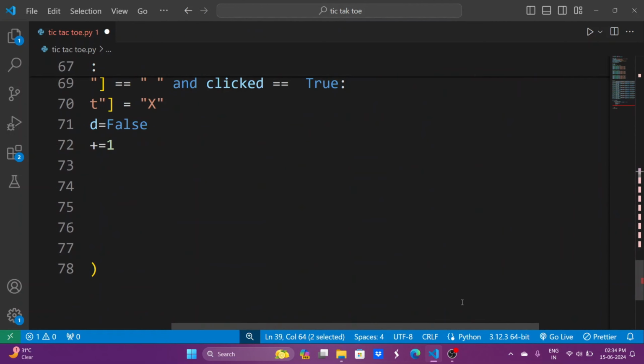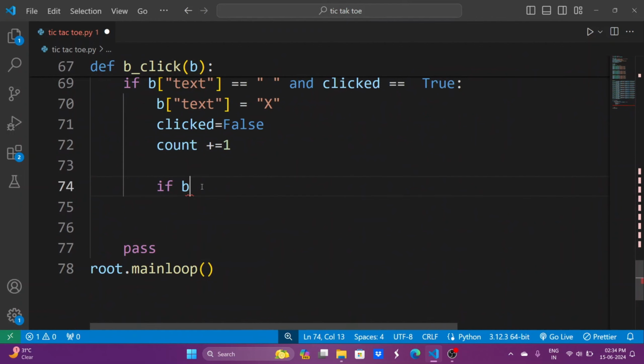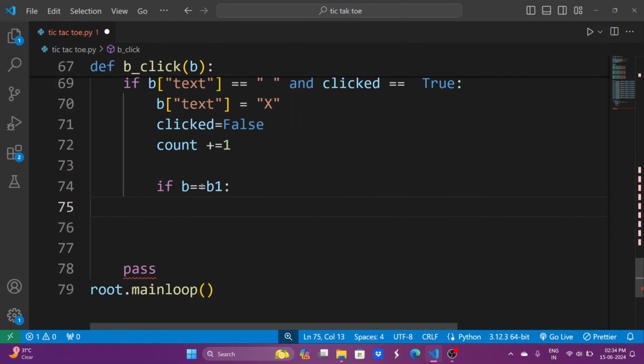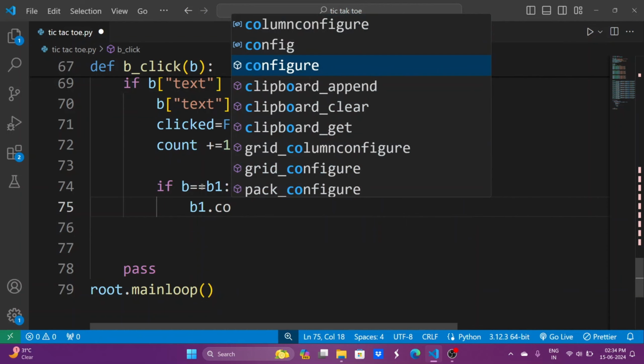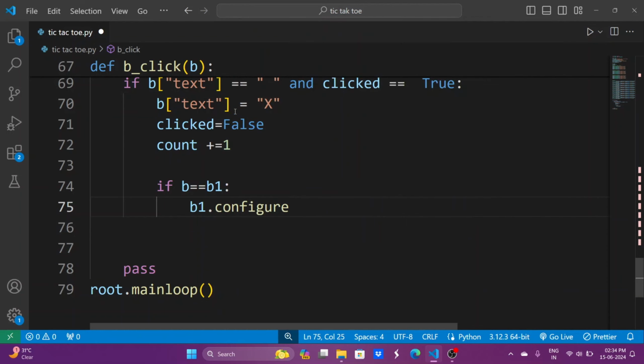So here we are going to check the same thing, right? If b is equal to b1, so if the function is called from button 1, then we need to update the image of button 1, right? So we'll just say b1.configure, and in brackets I will say